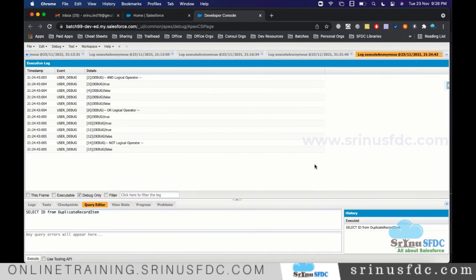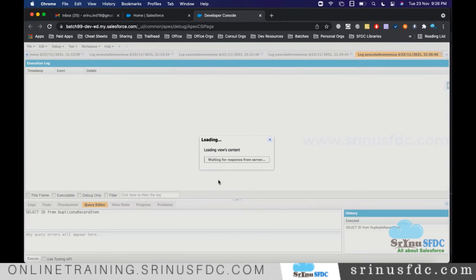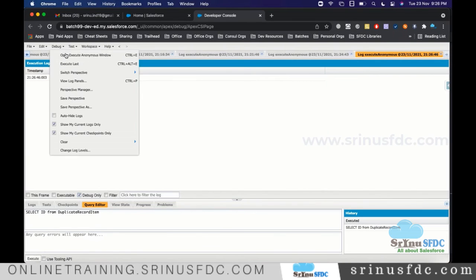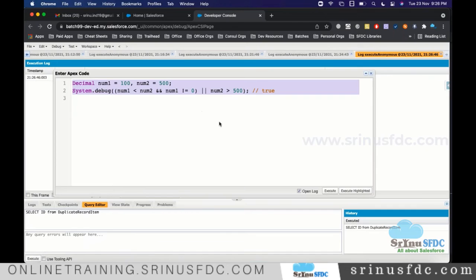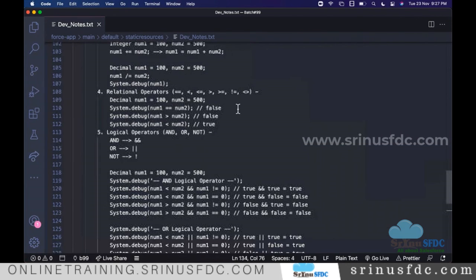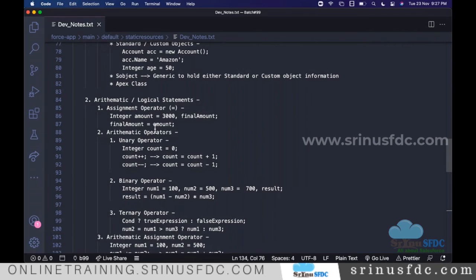So execute. Yeah, so in the initial phase, you need to play with these things and understand. These are some of the examples. I'm keeping them here. That's about the arithmetic and the logical operators.